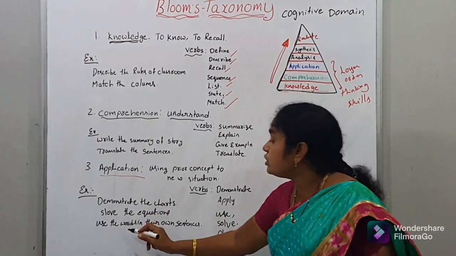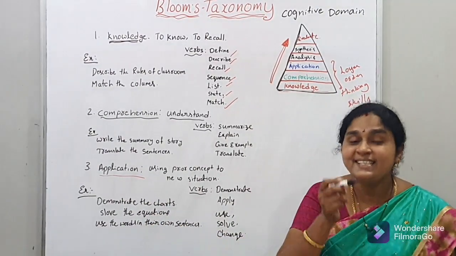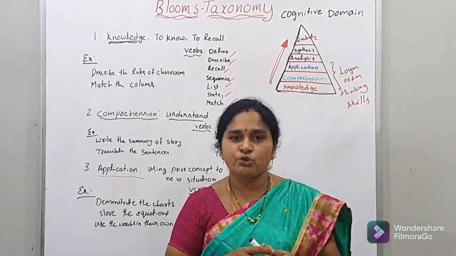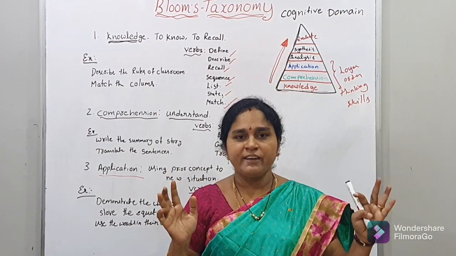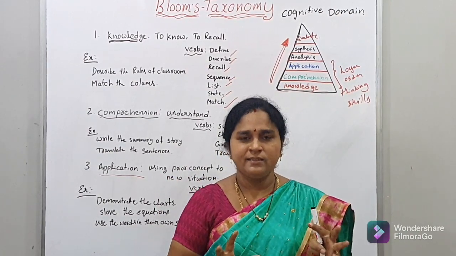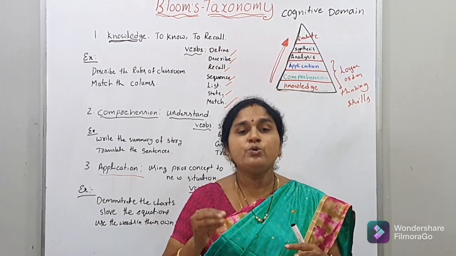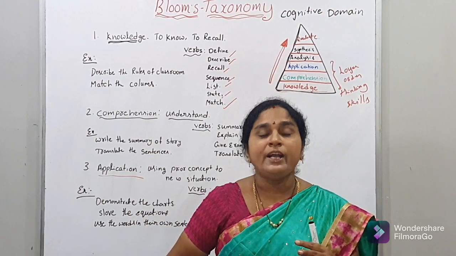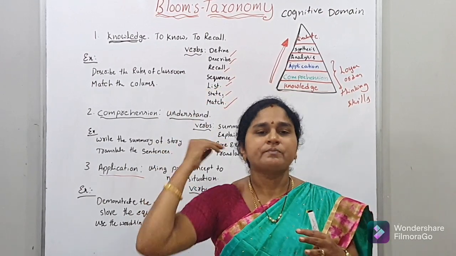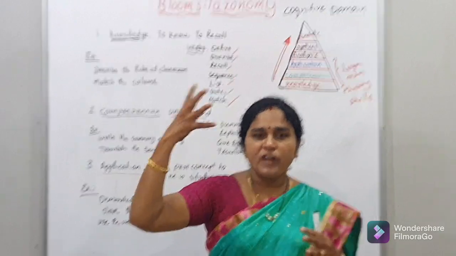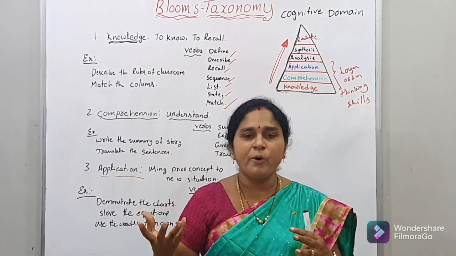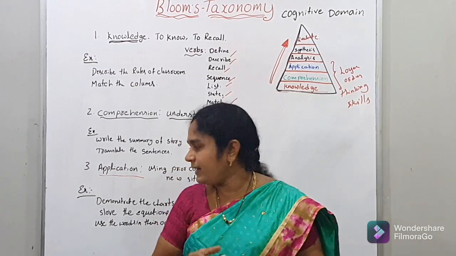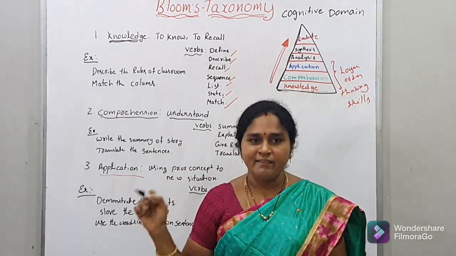And also use the word in their own sentences. That is also very useful for English literature students. They are given a 10-line story, and they use their own sentences. You can write the story, and you can also give them the overall story in those sentences. That is the main thing. You can remember that is the application level.